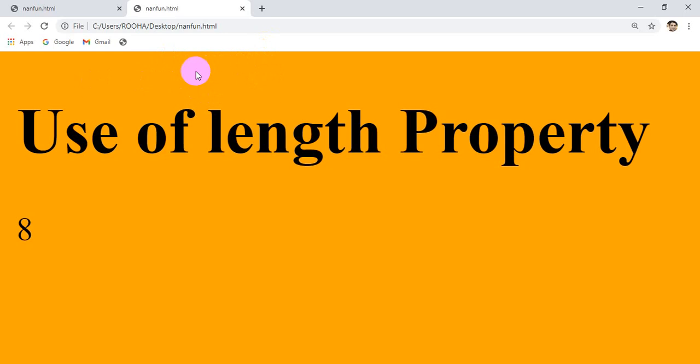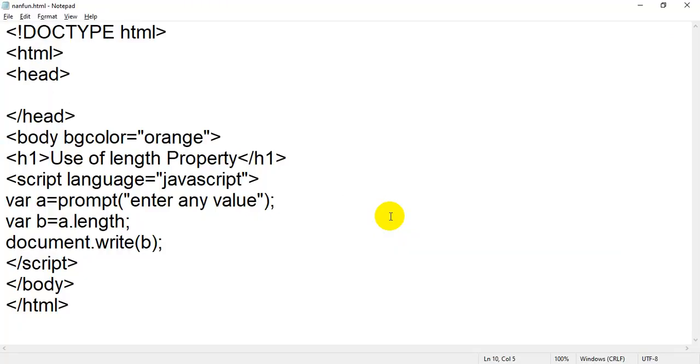Okay, so finally we have completed what we were expected to learn. We have seen the isNaN function, in which we use some value, and this function will check whether the entered or accepted value is a number or not. If it is a number, it will give a false result, and if it is not a number, it will give a true result. After that, we have seen a property of JavaScript which is the length property. In examinations, many times there is a question like: accept a value from user and find the length of a string or length of the entered value.